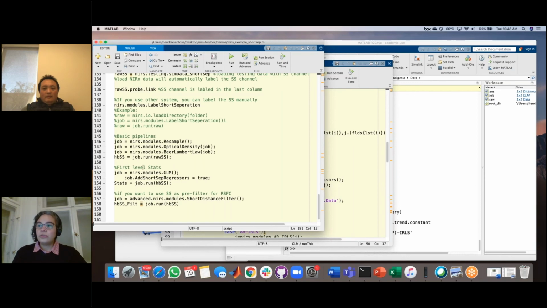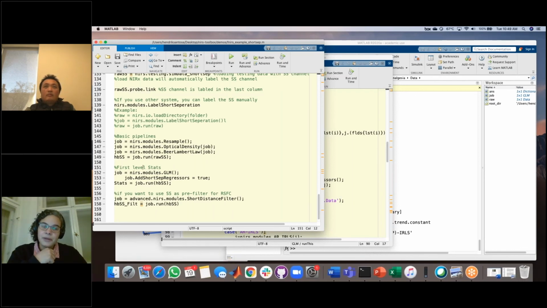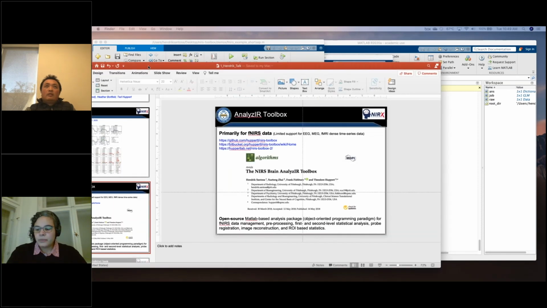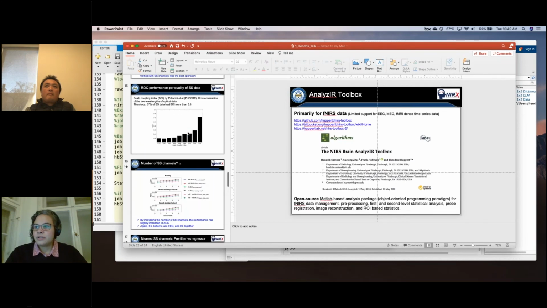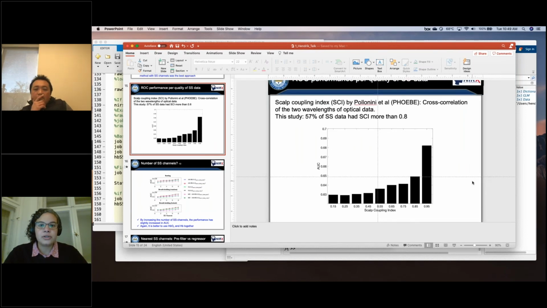Okay, so you also talked about one interesting topic, the scalp coupling index that you use with the Phoebe. And we also had a question, which I guess I'll answer: how can we ensure good data in the short separation channel?